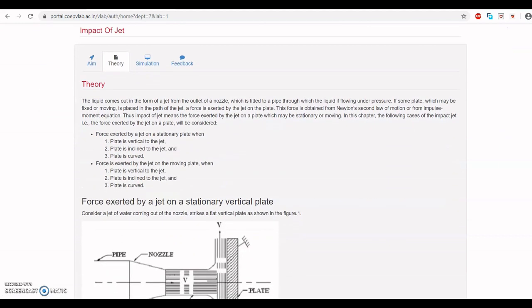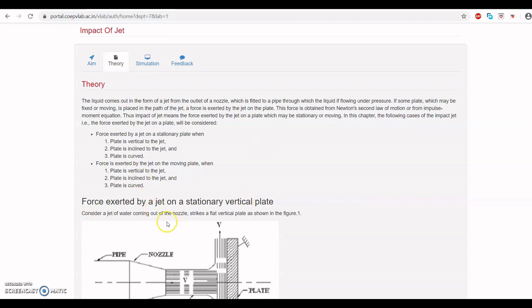Now in the theory, all the details are mentioned here. What is the background behind this topic, or what is required for this topic? Many times it might happen that they will just give you a brief discussion of the topics here, and you will have to study on your own. That thing is called prerequisite information. It helps you to study on your own. So let's look at here.